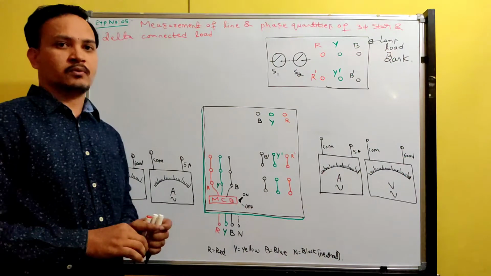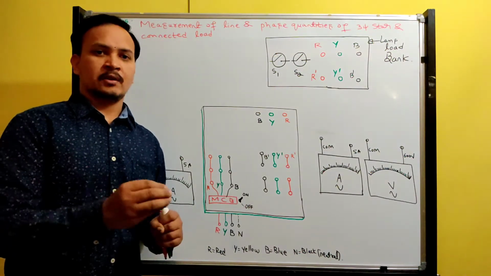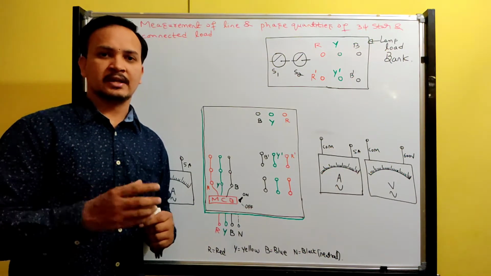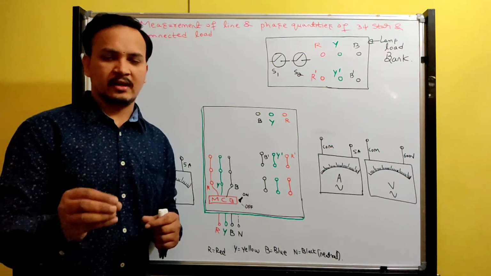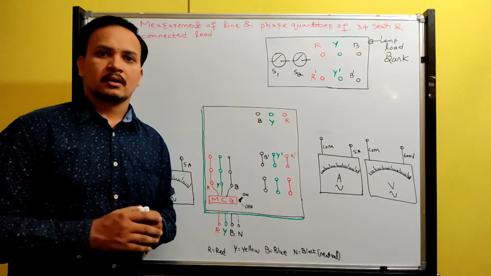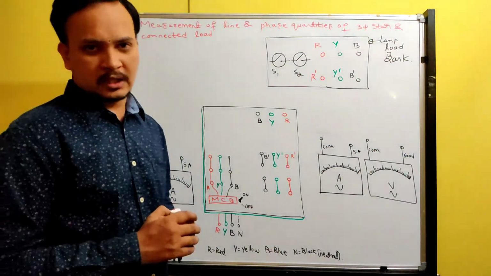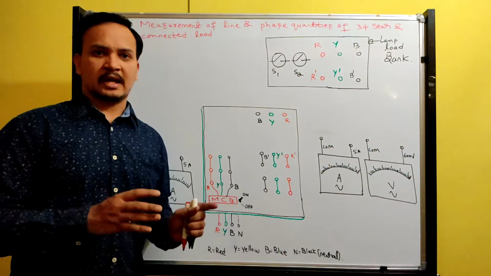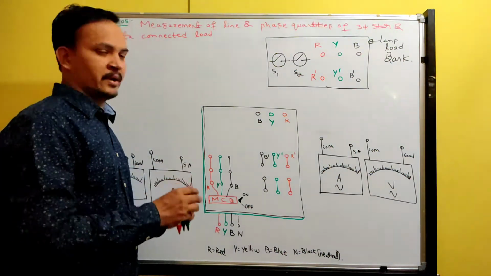Okay, in star connection what are the line quantities? Line voltage and phase voltages. Line voltage and phase voltage differ by √3. In star connection VL is √3 VPH, and in star connection line current and phase current both are equal. And similarly in delta connection line voltage and phase voltage are equal, and line current is √3 times the phase current. So this relationship between line and phase quantities, either voltage or current, we are going to establish experimentally